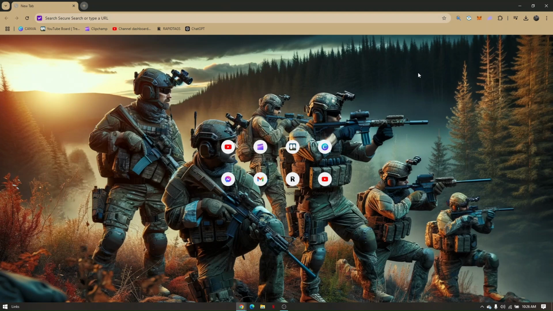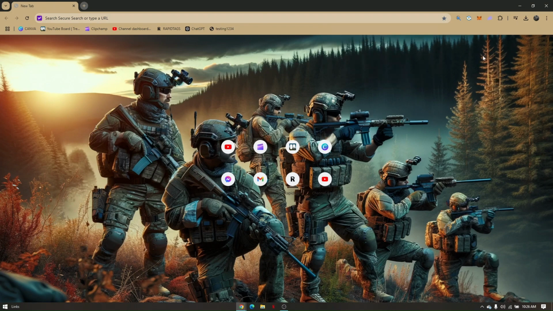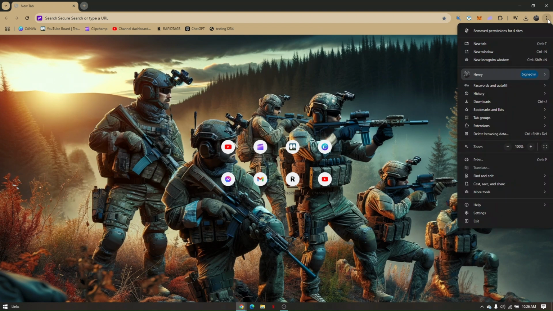To bookmark this, click on the star icon right here, and you just have to give the bookmark a random name. For example, testing 1 2 3. Click on done. Now, once you have successfully created the bookmark, just click on the three lines and scroll down